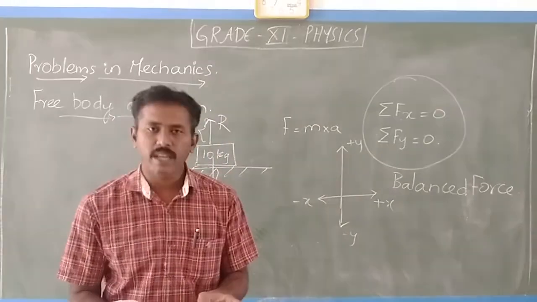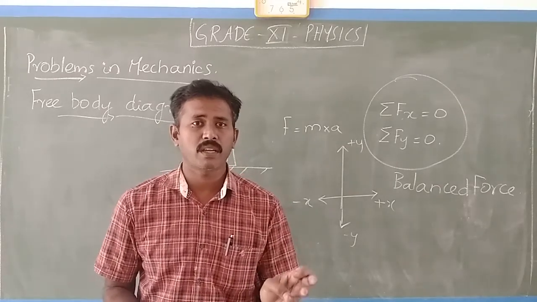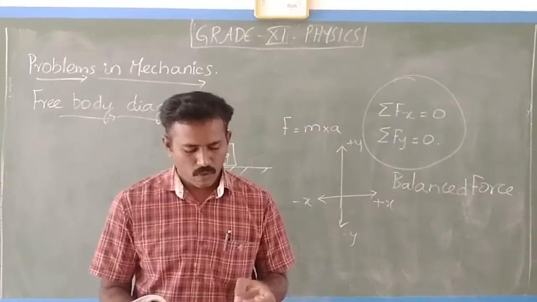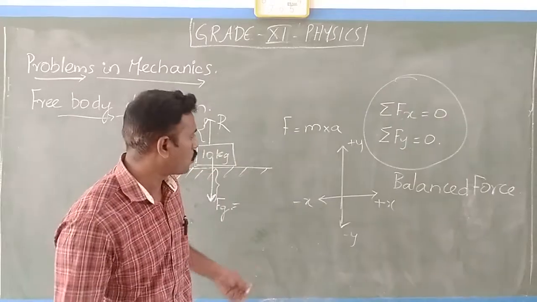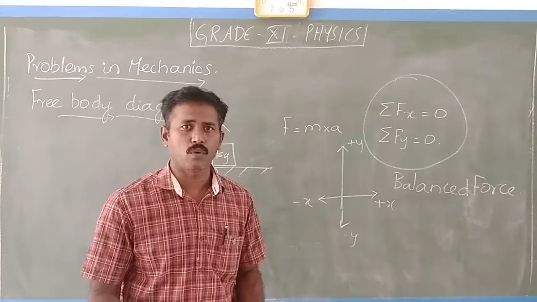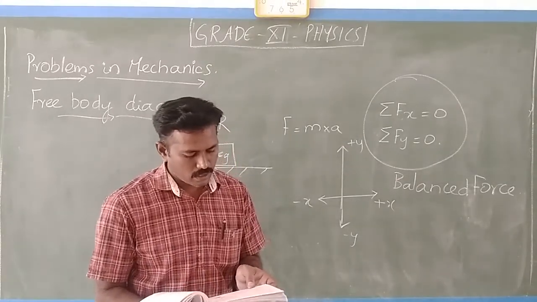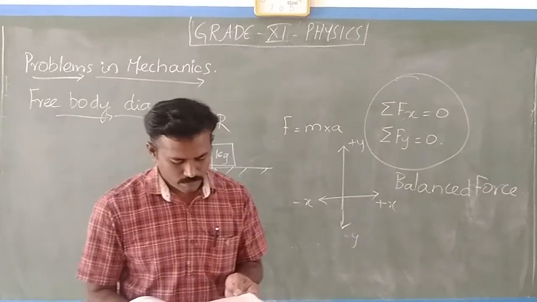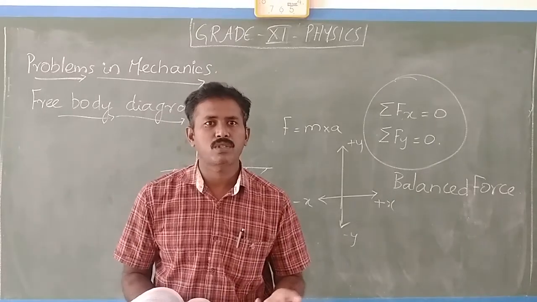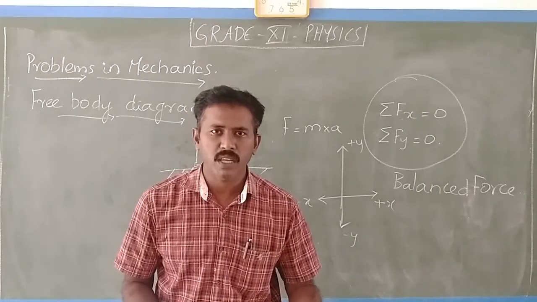So in a free body diagram, include information about forces. The forces should have the magnitude and the direction. For example, if there is a rope, it means there is a tension in the rope. That means the magnitude of the tension we should know, and the direction should be found. Then if we don't know any values, they should be treated as variables. The unknown values are always treated as variables.